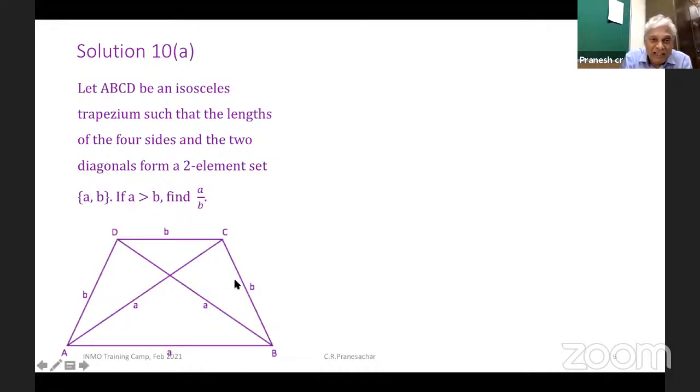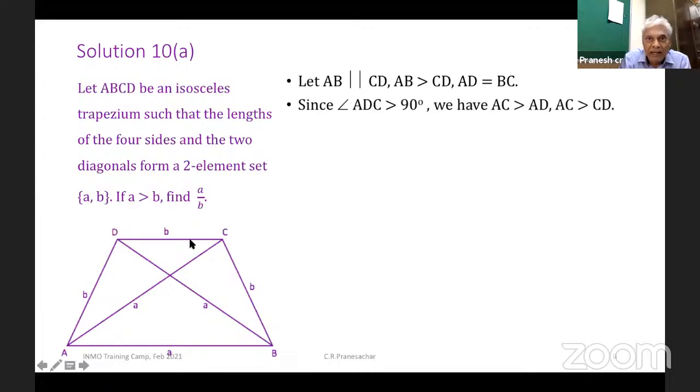Okay. See, first of all, let us look. Let's fix the lengths. Since it's an isosceles trapezium, these 2 base angles will be acute and these 2 angles will be obtuse. So first of all, we describe the figure here. AB is parallel to CD. AB is the longer side, CD is the shorter side. AD equals BC. And since angle ADC is bigger than 90, AC is bigger than AD as well as